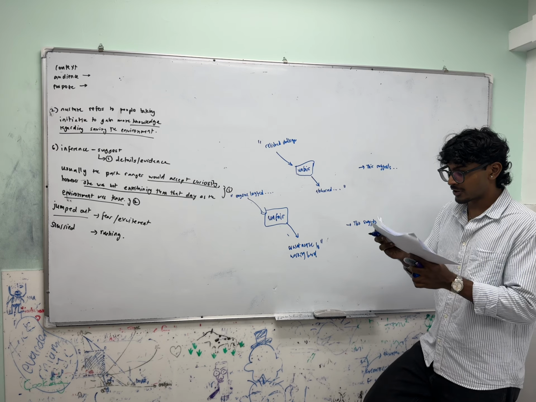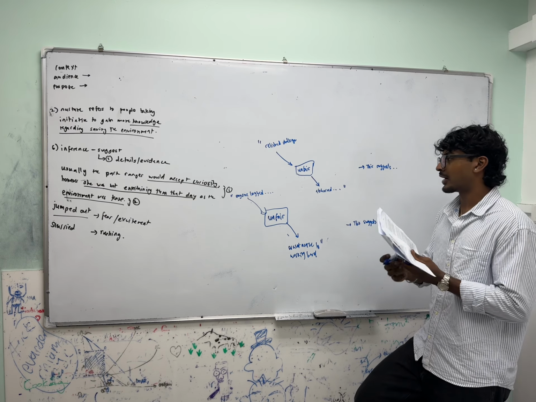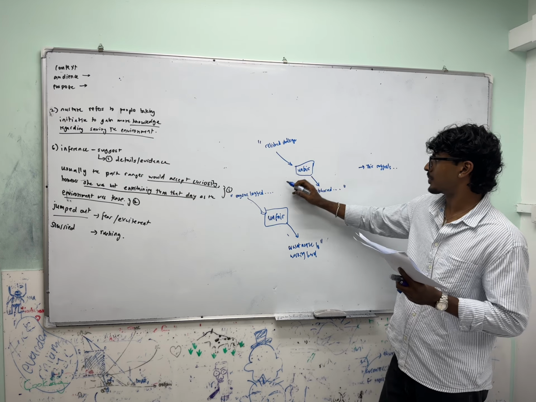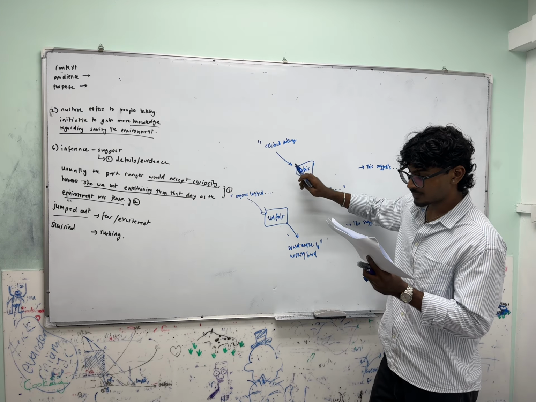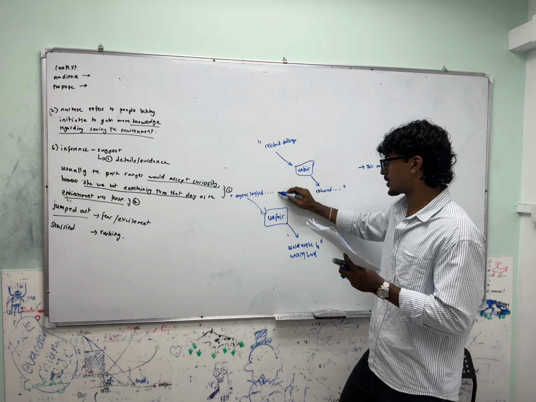Okay, let's look at paragraph 3. "I wasn't averse to working hard," right? Or you can just say, so this part will be... Yeah, so this one you can just change it to...